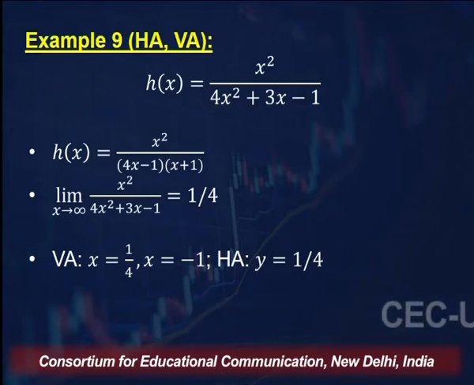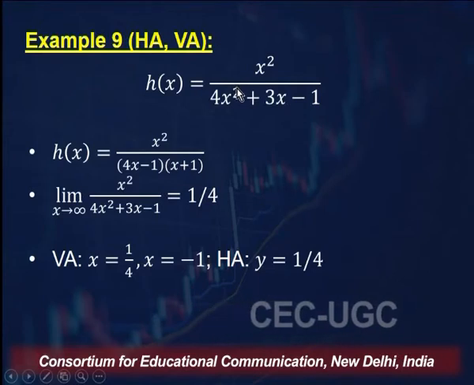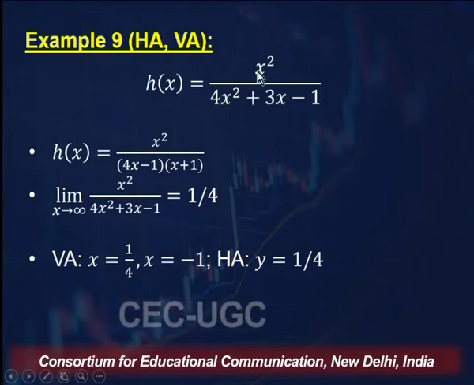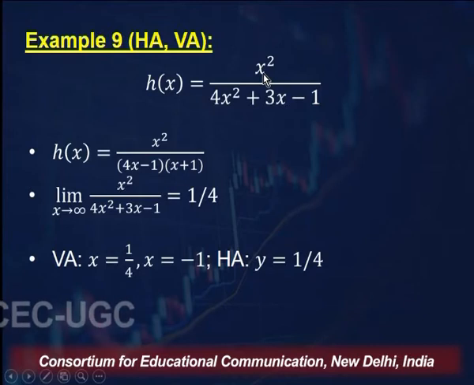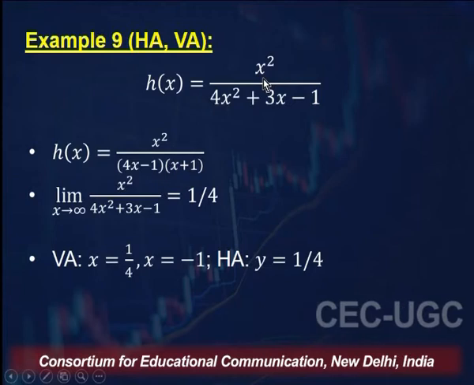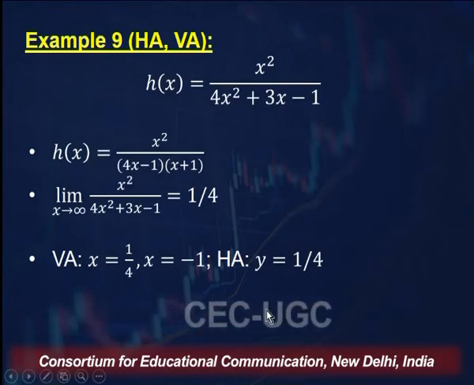To get your horizontal asymptote, you're going to be taking the limits at infinity, and you'll see that as x tends to infinity or minus infinity, the leading term is x squared in the numerator and 4x squared in the denominator, and you can see that the degree of the numerator is the same as the degree of the denominator. So basically the function will tend to the limit 1 by 4 as x tends to infinity or minus infinity, right? So the horizontal asymptote is 1 by 4,